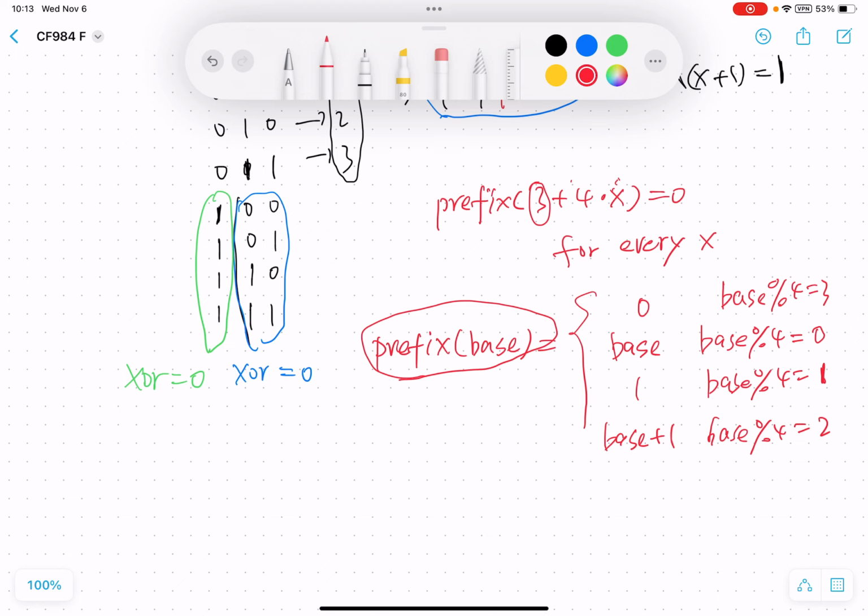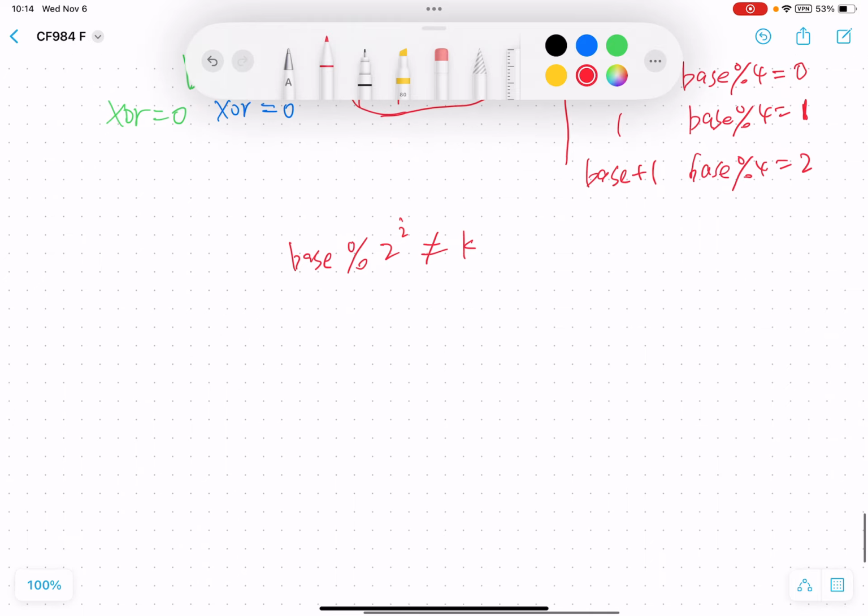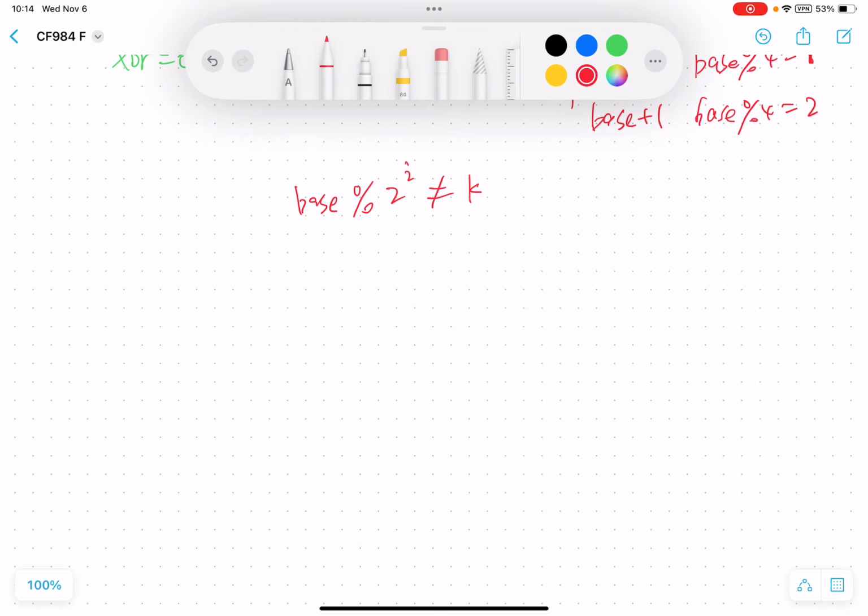We will know. So the next part, let's talk about how to process the special situation that base modular 2 to the power of I is not equal to k. How can we process it? We can break this problem into two parts. For the last I binary bits, for example, I equals 4, so for the last 4 elements, and first several elements,